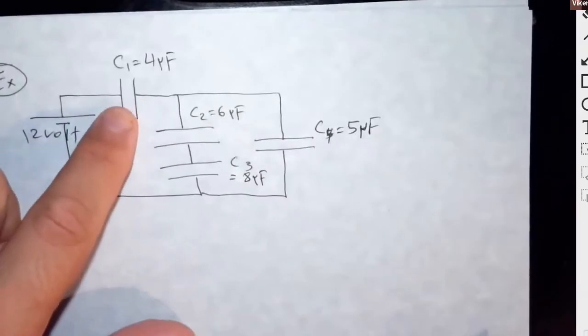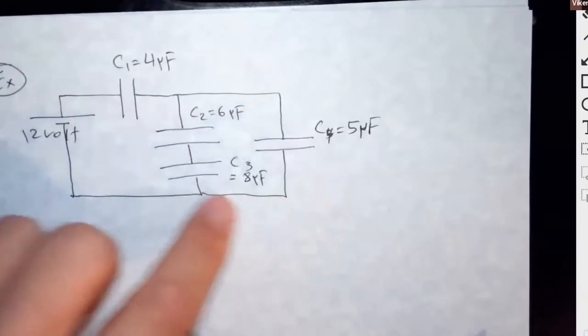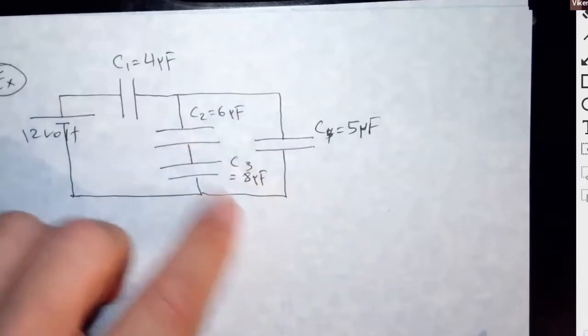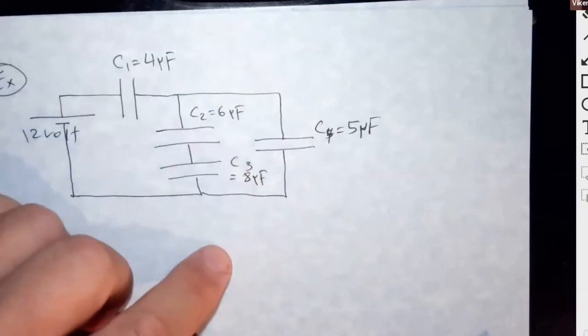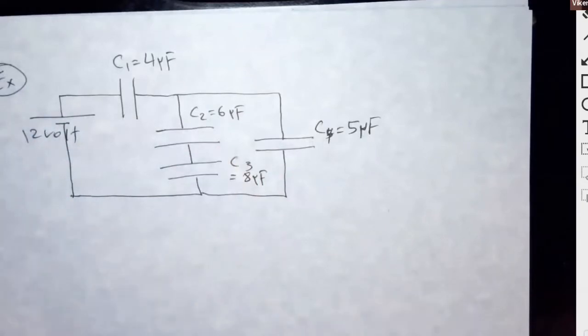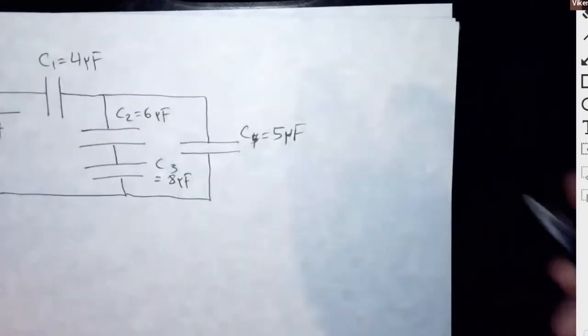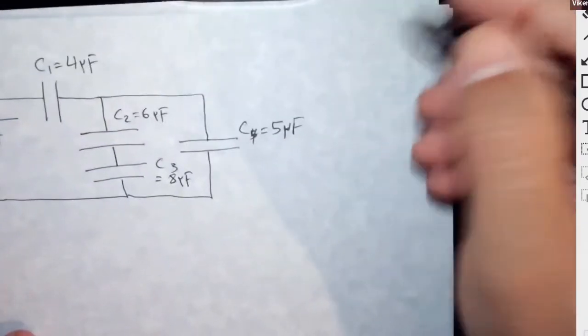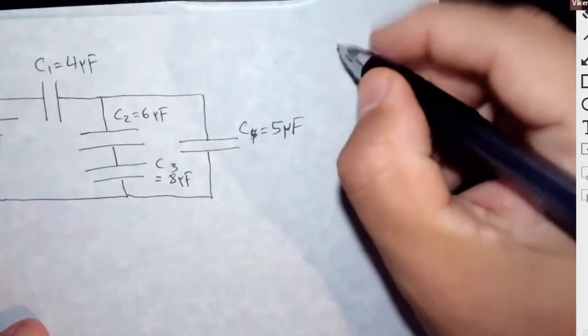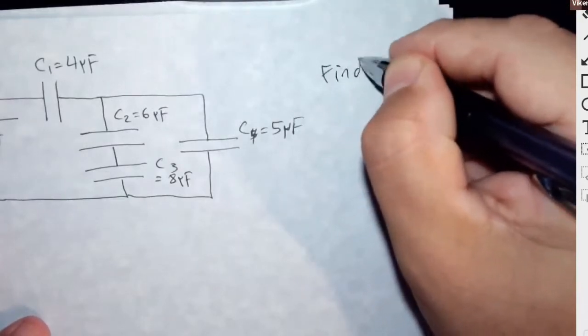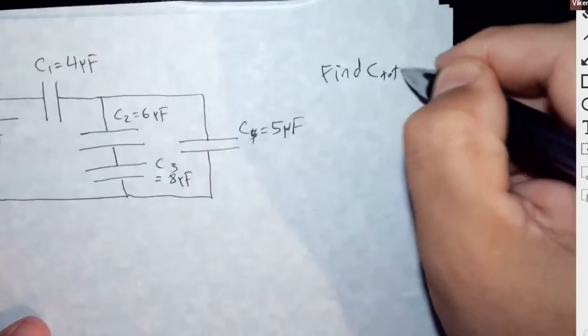So this is kind of like your generic circuit where you have some parallel capacitance going on and you have some series. So you have to break it down and find the combined capacitance. So we can ask a variety of questions, but the typical questions are going to be find the total capacitance, C total,